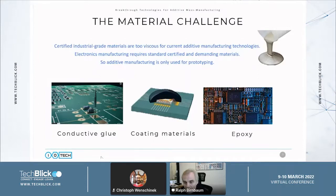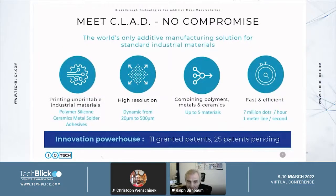Here are some materials that have been very challenging with additive manufacturing. So conductive glues, various coating materials, and epoxies. With continuous laser assisted deposition, the technology that ioTech has developed, there is no longer any need for compromise. This is the only additive manufacturing solution that can print standard industrial materials that have been certified by OEMs. We can print a wide range of materials, including materials such as silicon, which have been unprintable until now. We do this at very high resolution, going down to 20 micron lines, and we can print at the